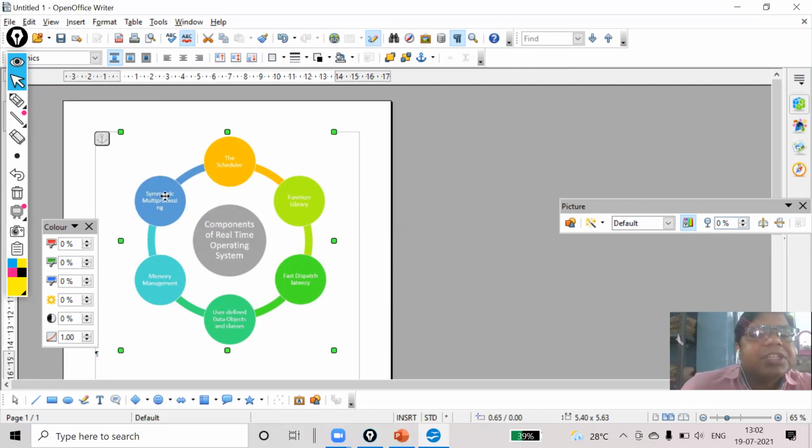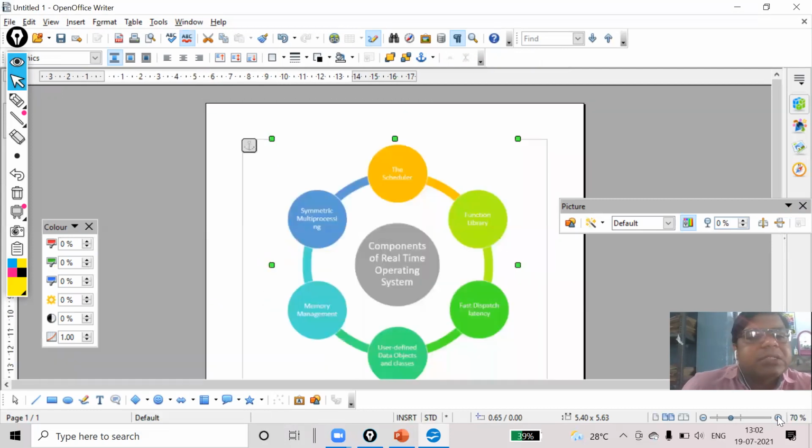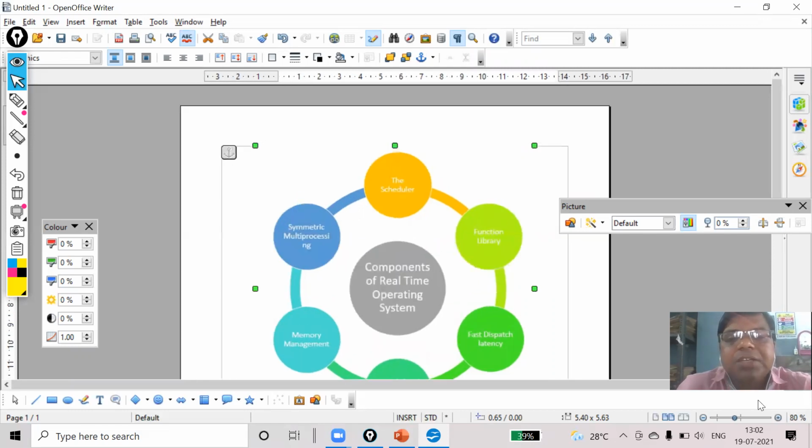Here it is written symmetric processing. The next one is memory management. Let me increase the size more so that I can read it.